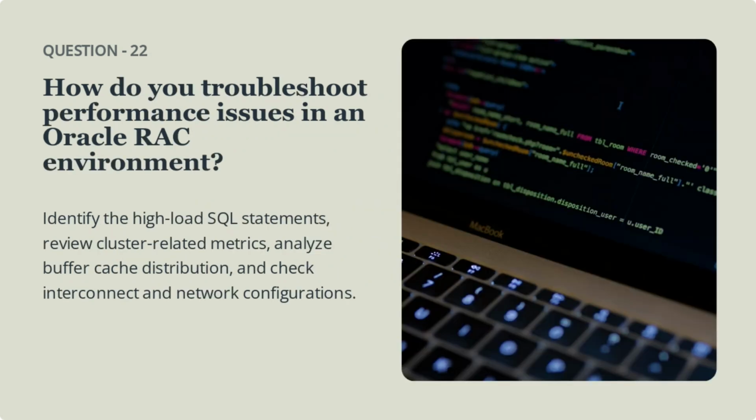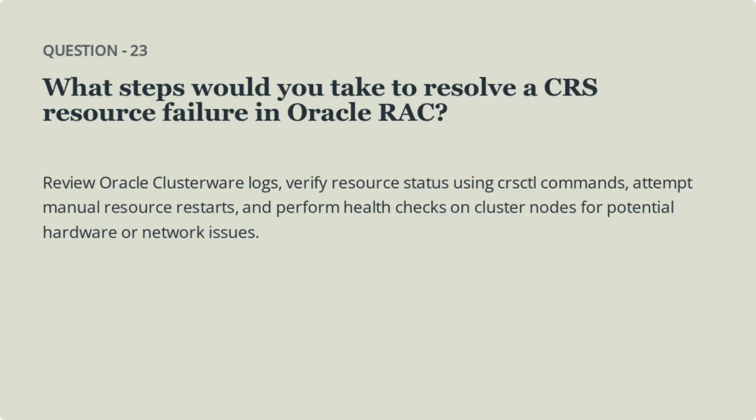To troubleshoot performance issues in an Oracle RAC environment, it's essential to identify high-load SQL statements, review cluster-related metrics, analyze buffer cache distribution, and check interconnect and network configurations. This comprehensive approach allows for pinpointing and addressing the root causes of performance bottlenecks, ensuring optimal operation of the Oracle RAC setup. To resolve a CRS resource failure in Oracle RAC, you would start by reviewing the Oracle Clusterware logs